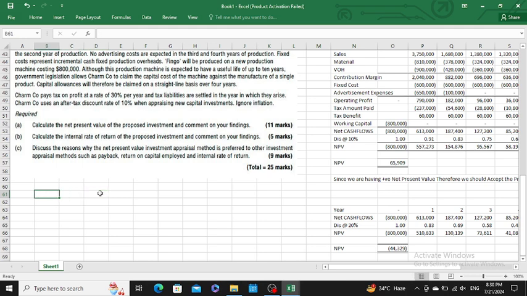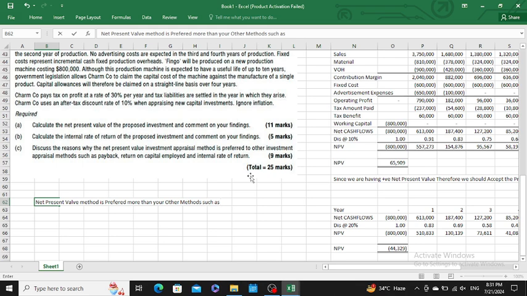So simply you have to write that your net present value method is preferred more than your other methods, such as your payback period,